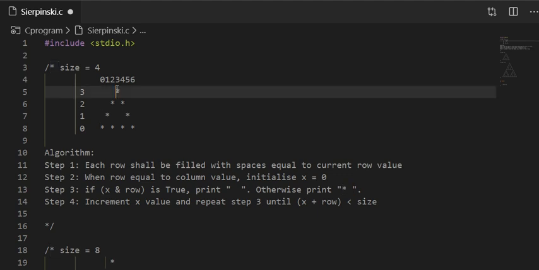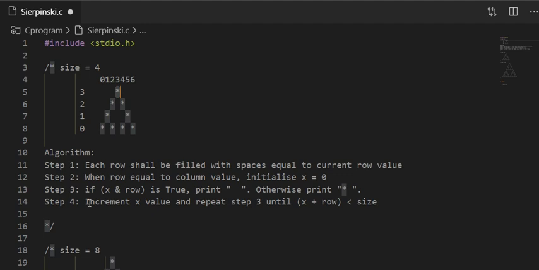So here we have initialized x equal to 0 as per step 2. Now 0 and with row equal to 3. 0 and with 3 is 0. So we have to print star followed by space here.